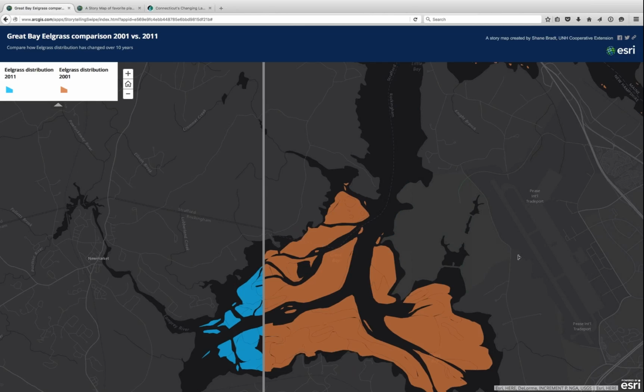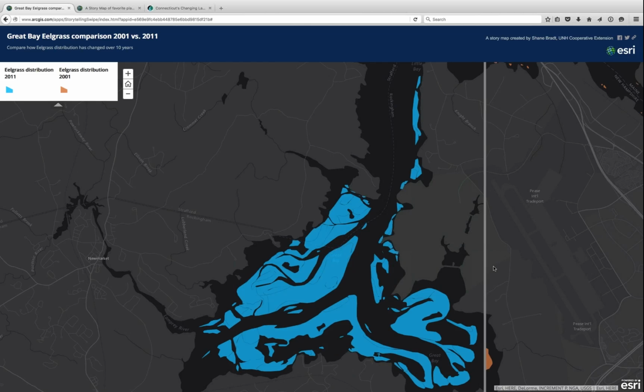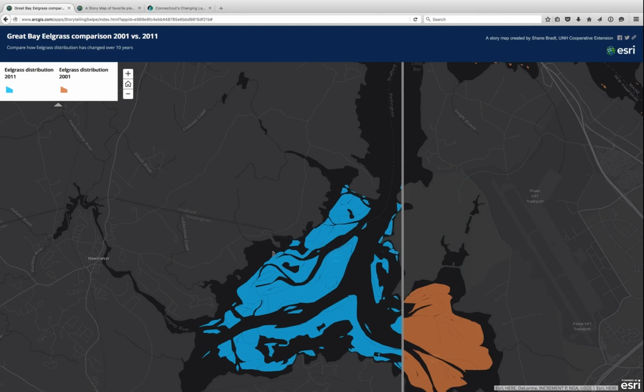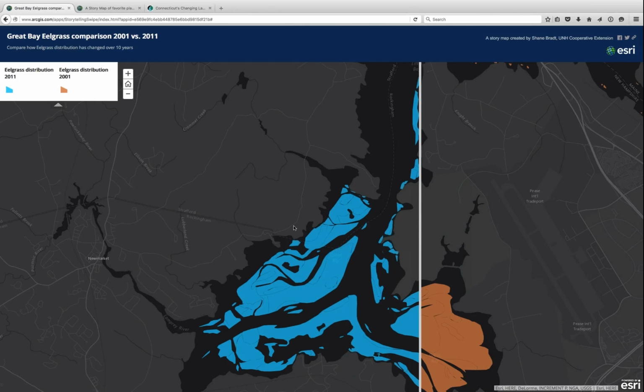So this was as difficult to set up as really creating 2 ArcGIS Online maps and then configuring that story map, which took just a minute or 2. So in the next webinar, we'll show you how to do this. And I think it's really pretty impressive that ArcGIS Online lets you do things like this with no coding experience